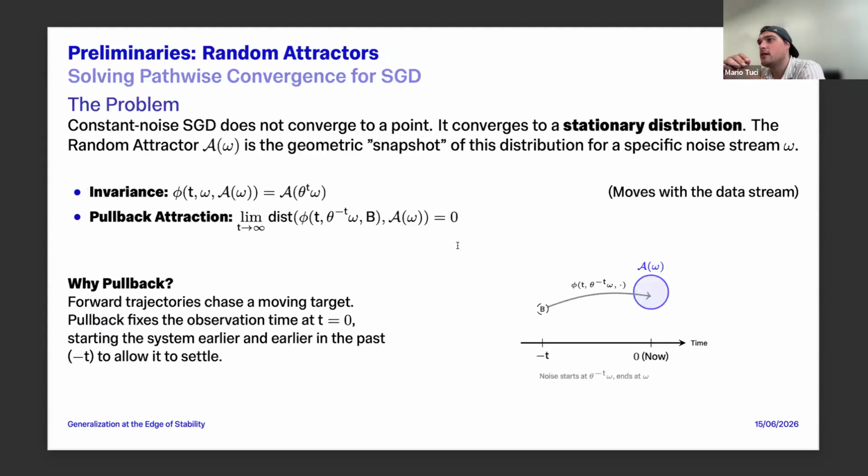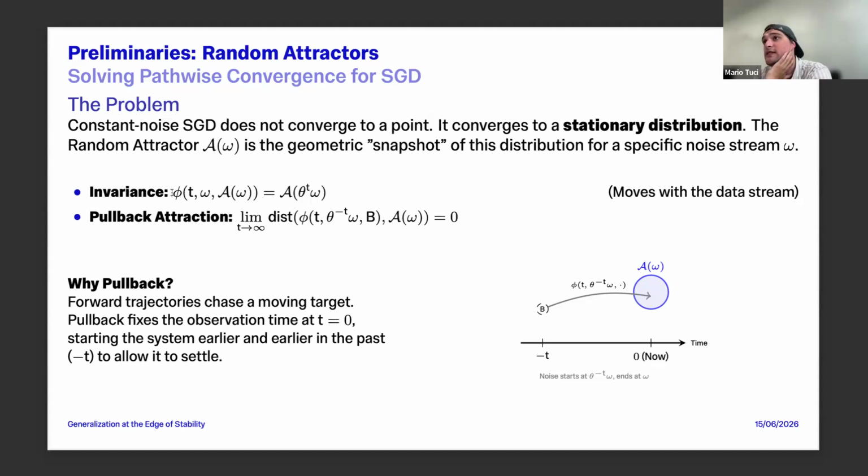So now I already told you that it might not be the right way to look at a single fixed point, because we know that at the edge of stability this dynamics becomes wild, and we are not converging to a point, we stay in a bounded region. So what is the formalism for a random attractor then? A random attractor has basically two main components.